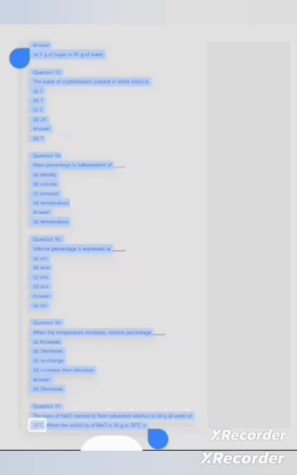Question 17. The mass of sodium chloride needed to form saturated solution in 50 grams of water at 30 degrees Celsius, when the solubility of sodium chloride is 36 grams at 30 degrees Celsius, is